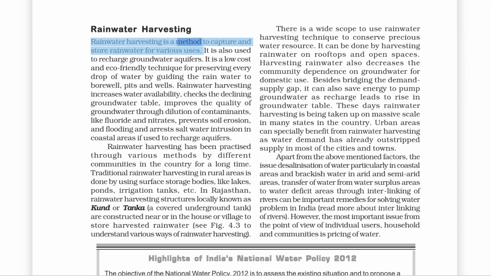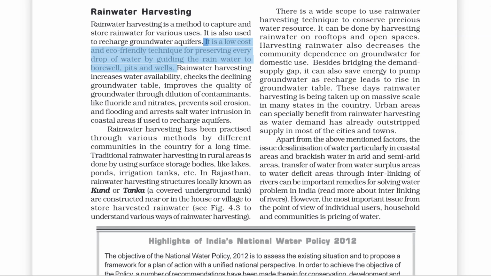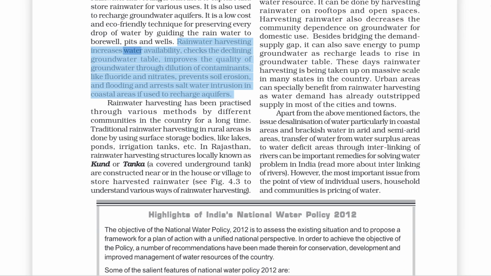Rainwater harvesting is a method to capture and store rainwater for various uses. It is also used to recharge groundwater aquifers. It is a low-cost and eco-friendly technique for preserving every drop of water by guiding the rainwater to bore wells, pits and wells. Rainwater harvesting increases water availability, checks the declining groundwater table, improves the quality of groundwater through dilution of contaminants like fluoride and nitrates, prevents soil erosion and flooding, and arrests saltwater intrusion in coastal areas if used